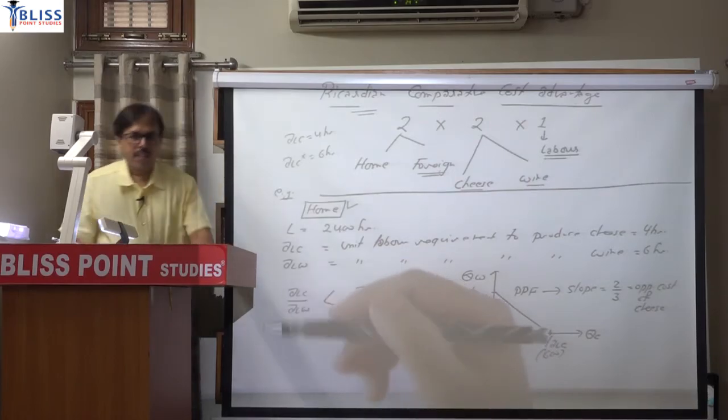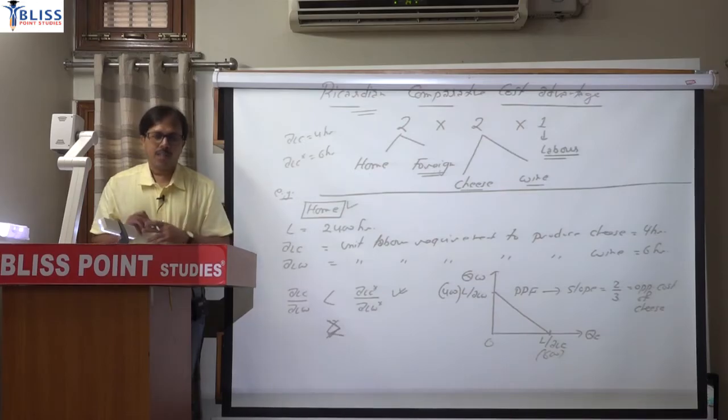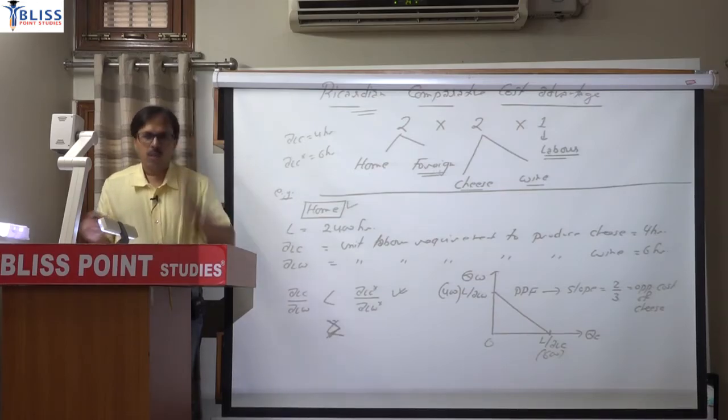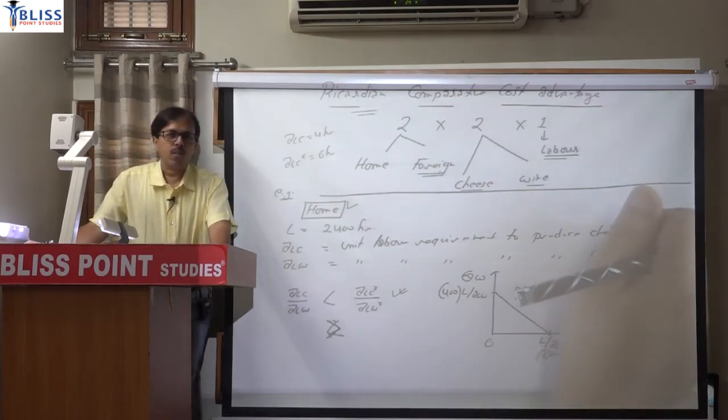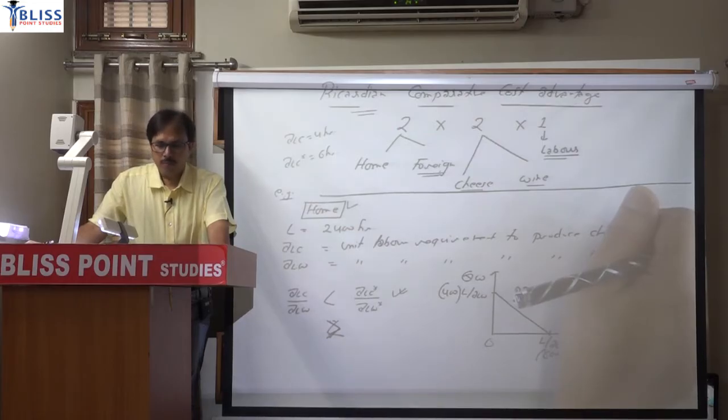This model of international trade is also referred as 2 by 2 by 1 model. Full stop. According to this theory, a country has comparative advantage in producing a good